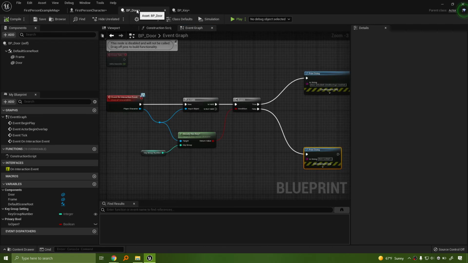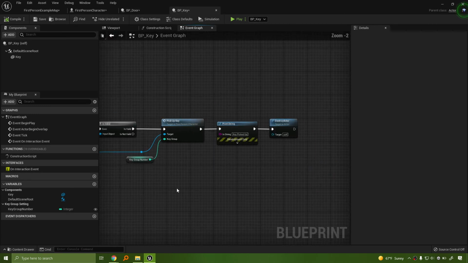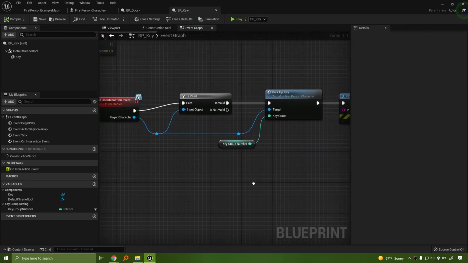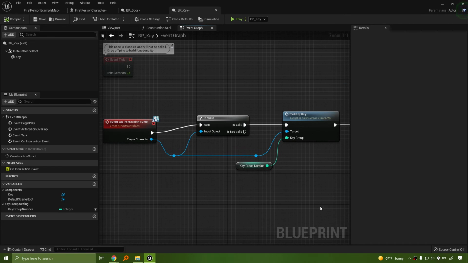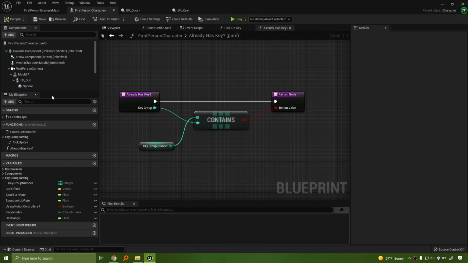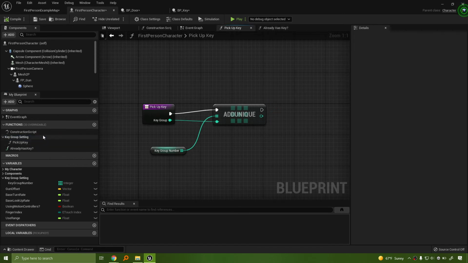Because at that point you can go PP key, and then we have a pickup key, but then we'd have to create a function that used the key. So we have our pickup key, which is right over here, and as our pickup key is add unique, we would have to